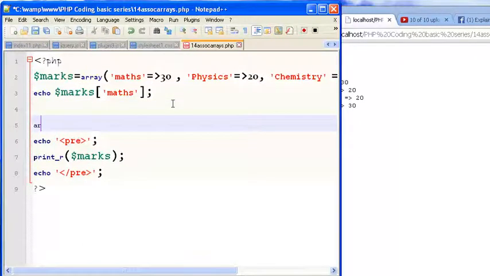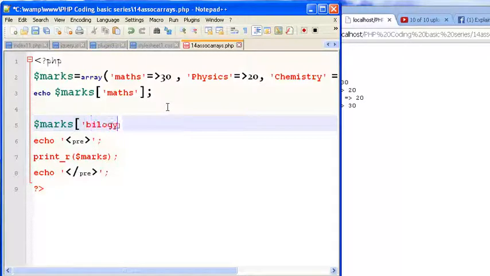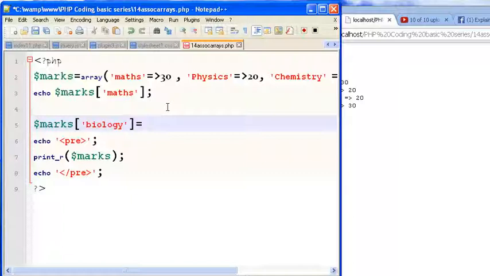And same as how we added earlier, I will just add another index, and here I will write biology. I will close it, and then I will give it a value of, say, 70?